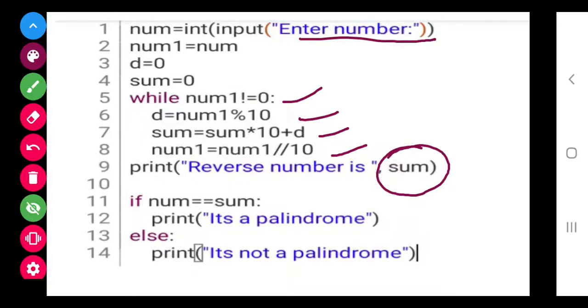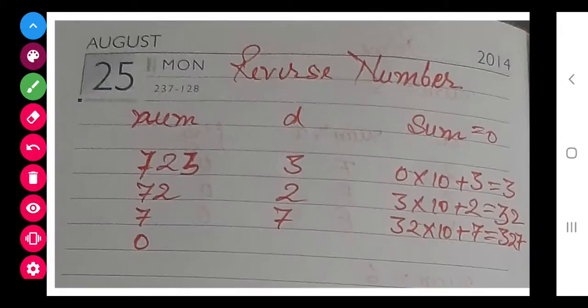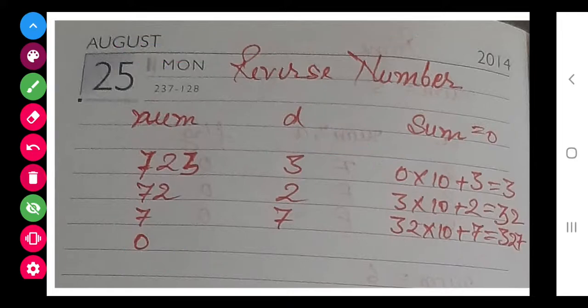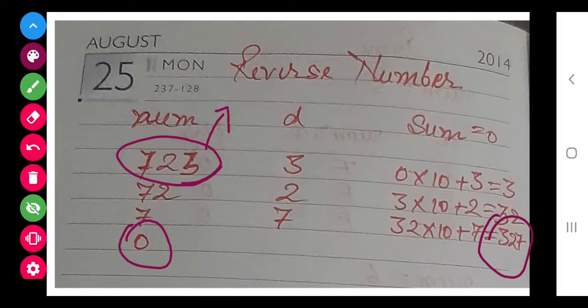But if we do not store the original number in num1, then what will happen? At last you can see that the number becomes 0. So if we check this number with the reverse number, it will never match. So we have to store this number in another variable.